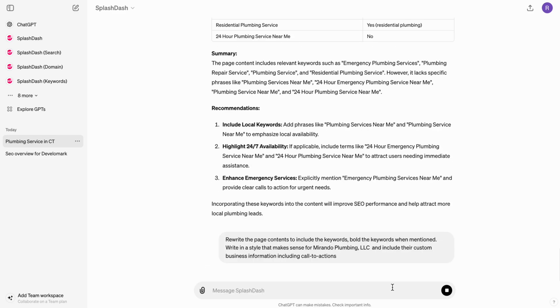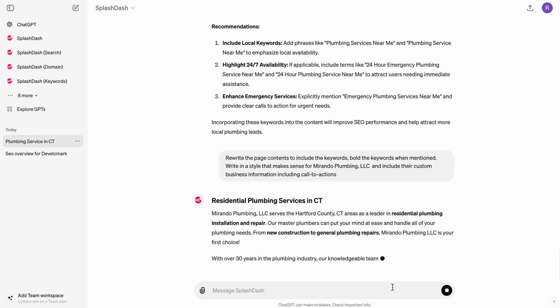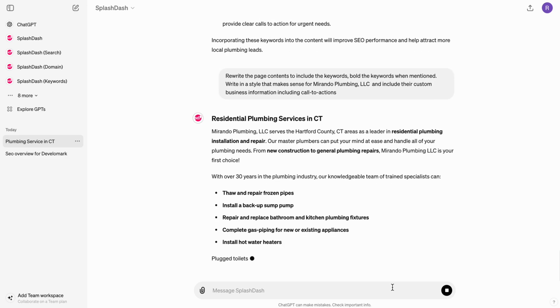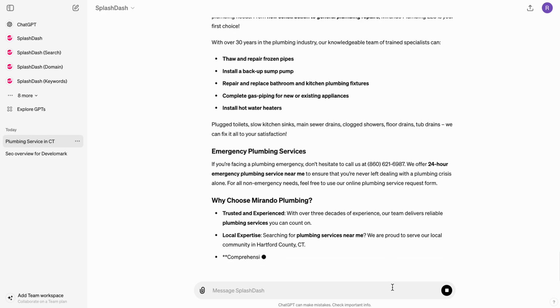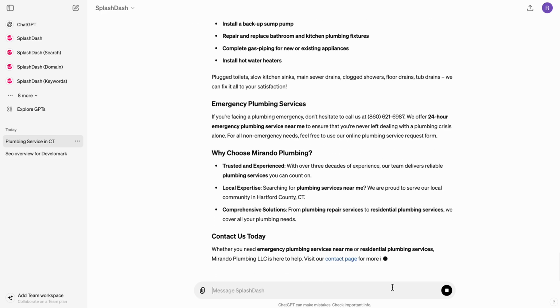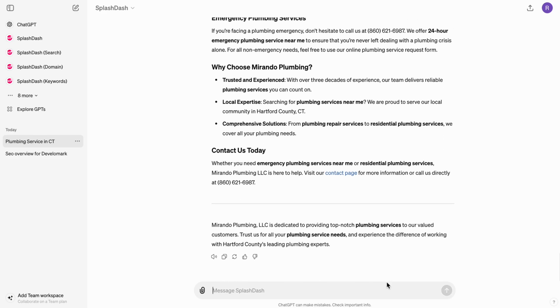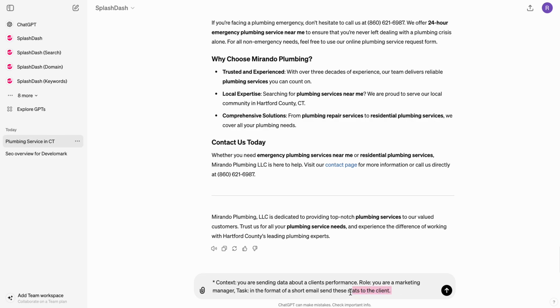So now what it's going to do is take the content from that URL and rewrite it. But this time, it's going to rewrite it to make sure that these other keywords are mentioned inside of the text. And now that information is there, I can write up, let's say, a basic email to the client. So in the form of a short email, get the client to approve this new text and explain